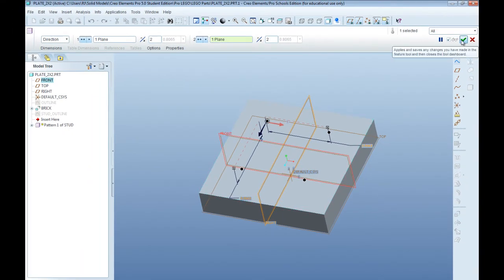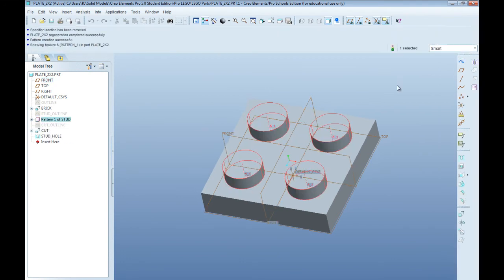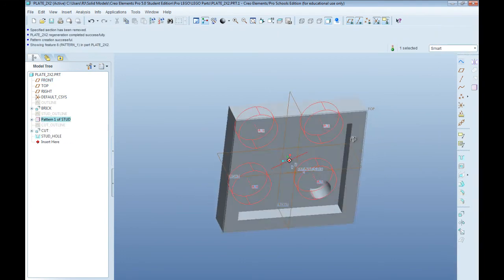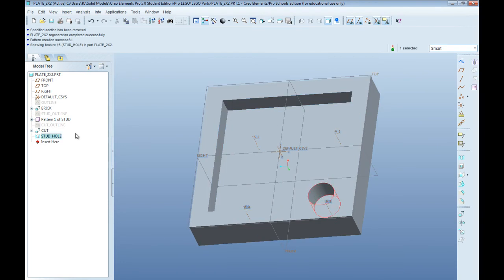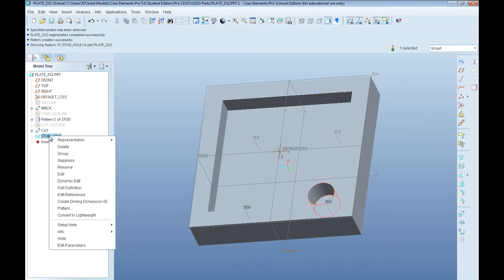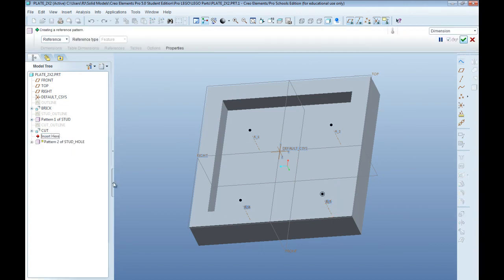But for now, we'll just click the check mark. So we're done with that. We look at the bottom again. So you see our hole now needs to be patterned. So please right click, pattern. So now you'll see that we've filled in,